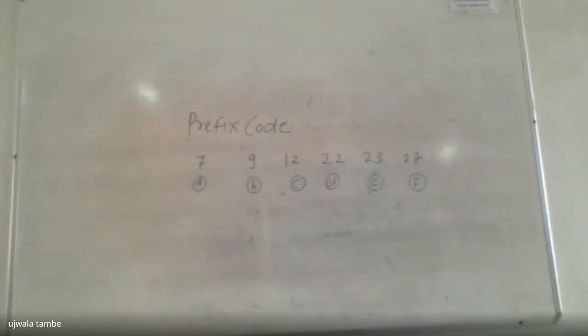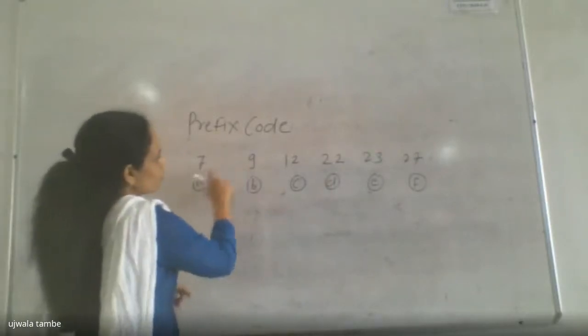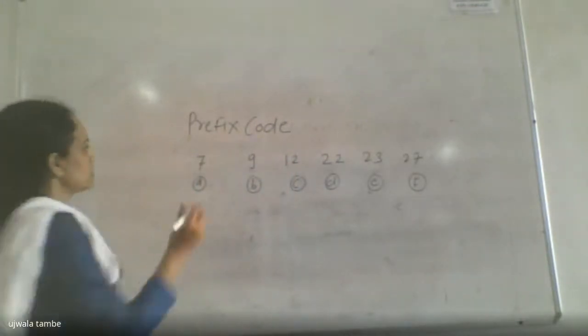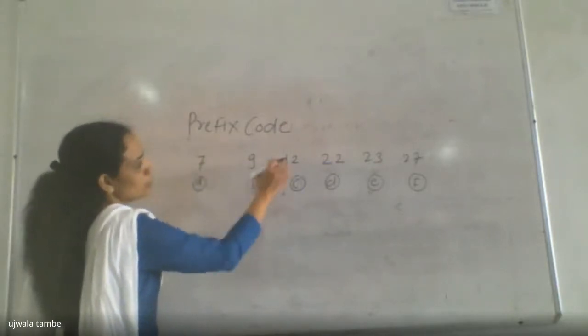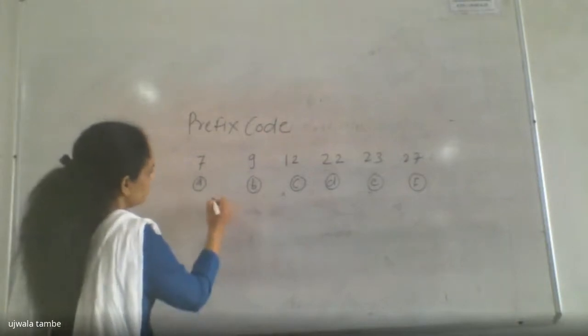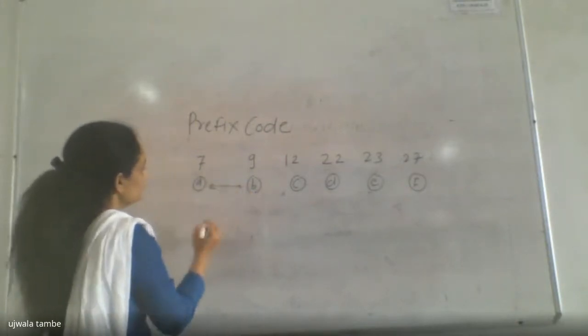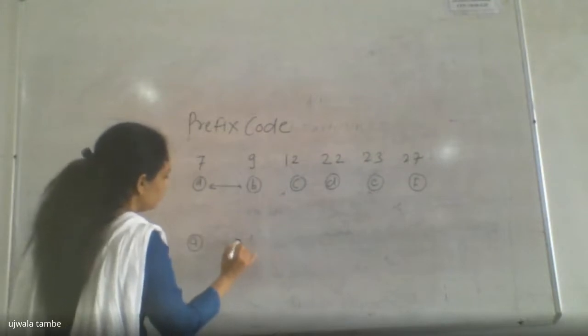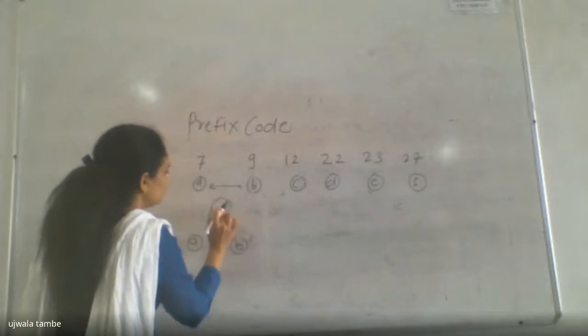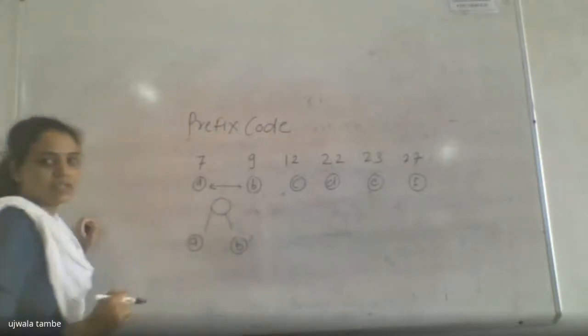This is our property. So from this I am going to pick the two smallest nodes. As I consider this example, 7 and 9 are the minimum amongst the others. So we have to pick 7 and 9 together and consider the addition of both. While constructing the tree, I am going to add these two nodes together. So A and B, and while adding this, we get 7 plus 9, 16.